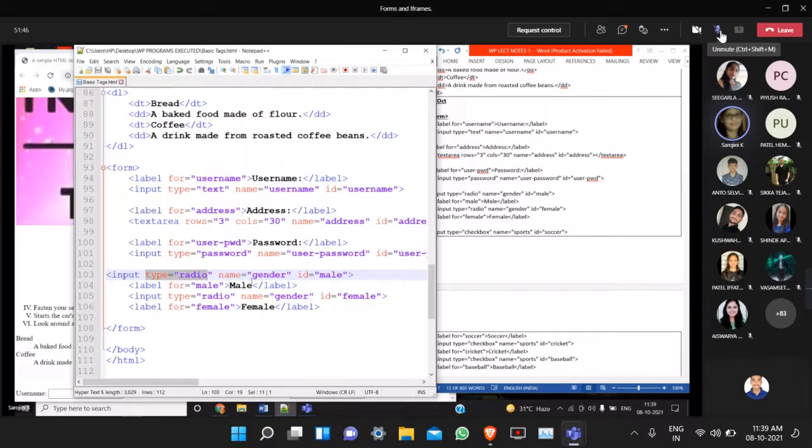You are giving name as gender; anything you can give with respect to your radio button content. So here we are going to display gender, so we have given gender as the name, and ID we have given as male. I will tell you why name and ID. And then we have created